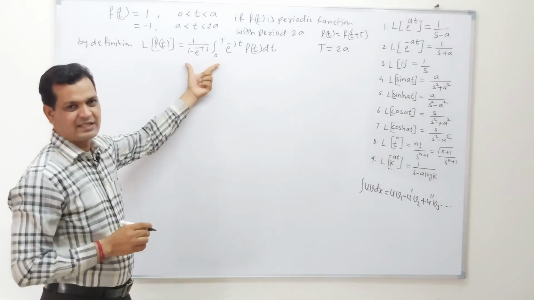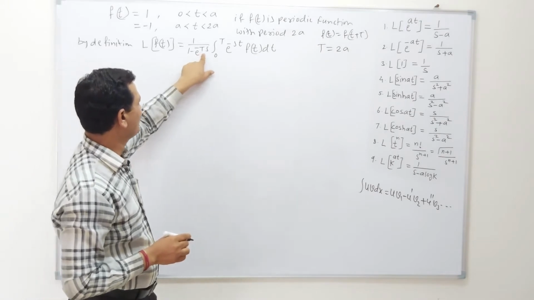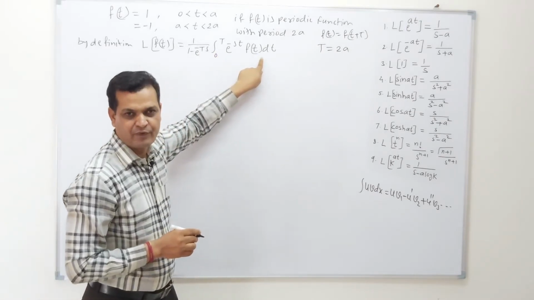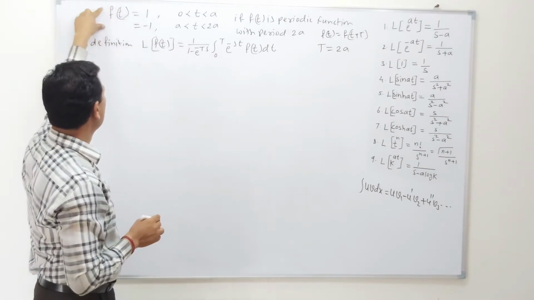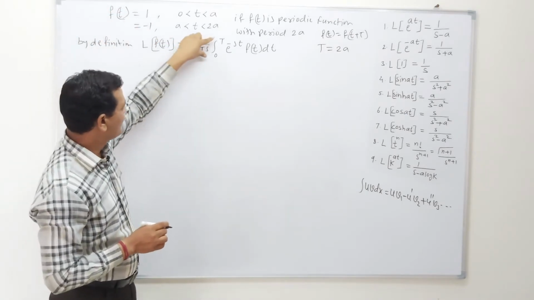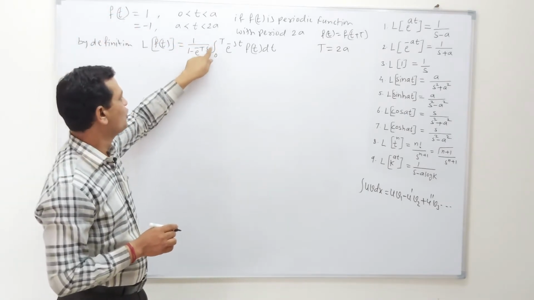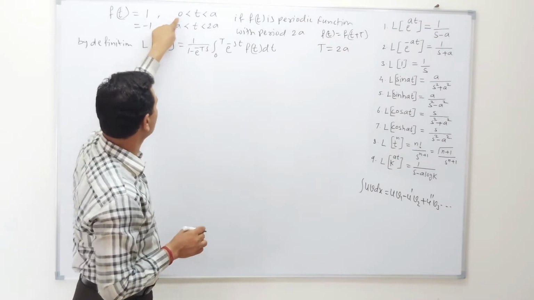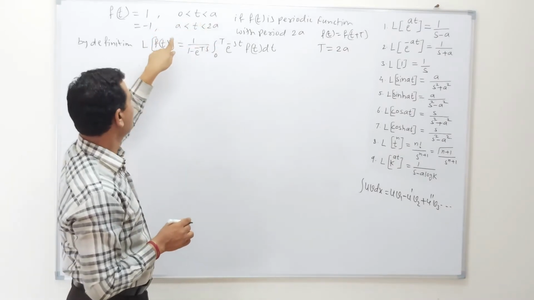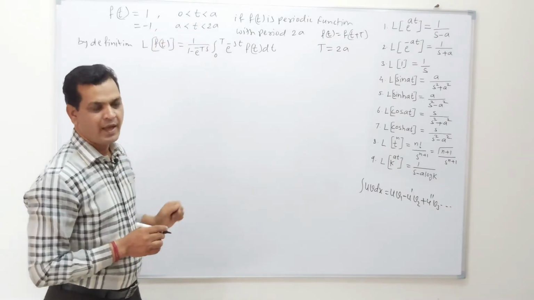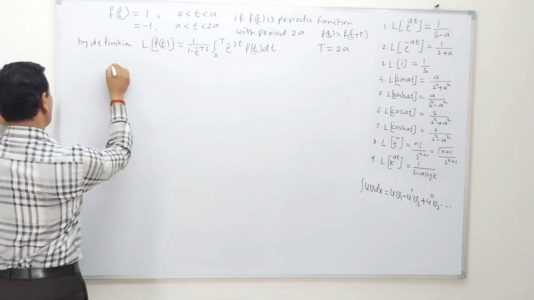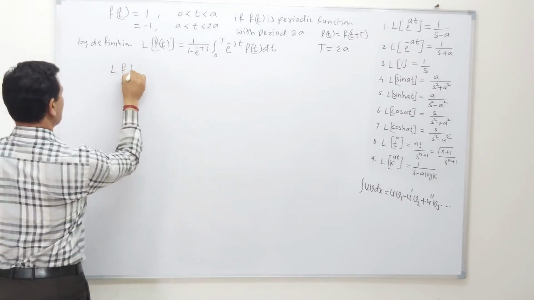To solve this example, find the value of capital T and put the value of f of t. But here f of t is split into two parts, so the integration from 0 to 2a gets split into two parts. The first part is 0 to a and the second part is a to 2a. Then if we put this value, we get the Laplace transformation of